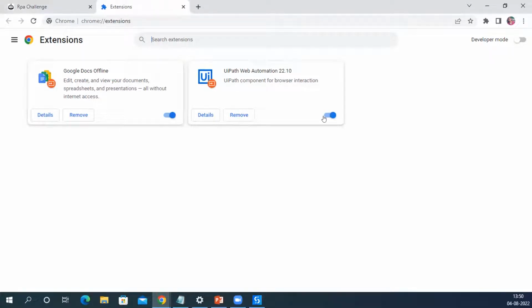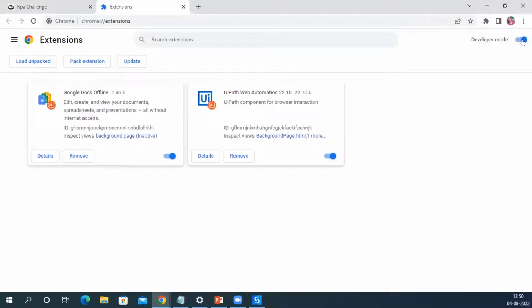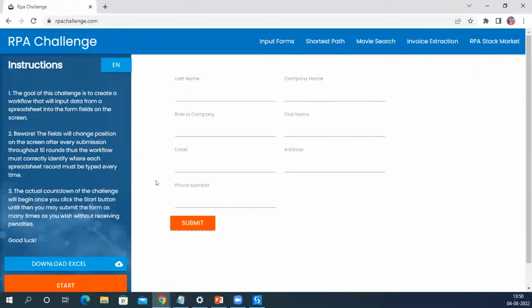and make sure this is on the enabled side. This means disabled. You won't be able to automate a web page if that is the case. So make sure this is toggled to the enabled side. Similarly, the developer mode should not be off. This is at the on side. So make sure you check these two options before you start automating any web page. So since we are done and we have the check ready,